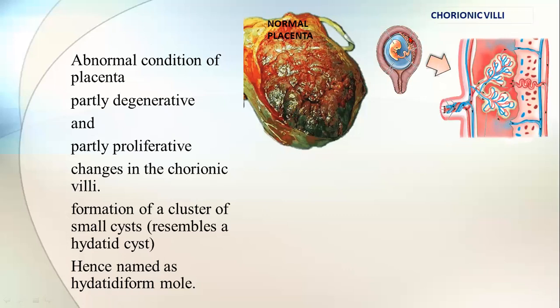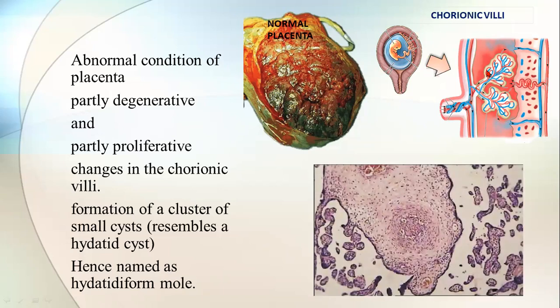Next, see, this is the uterus. Let's see the placenta in the uterus. It is the fundal region of the uterus and the placenta is attached to the anterior surface of the uterus. When we section the uterus and see it, these are the chorionic villi, a segment of the placenta which consists of the maternal and the fetal vessels. Next, when we observe one of the chorionic villi, there is trophoblastic proliferation along with the cells.